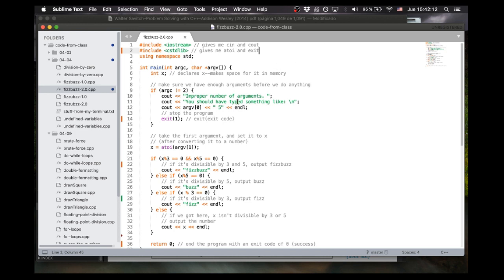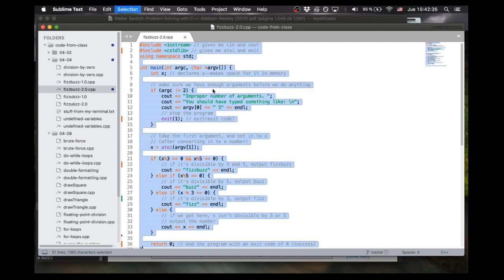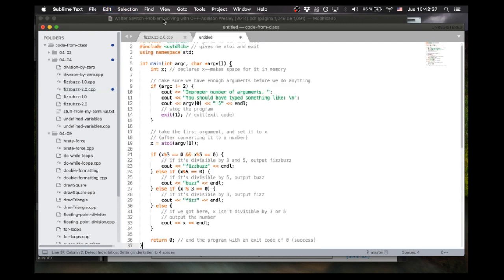So here is an example from last lecture, our FizzBuzz example, and when something went wrong with the arguments, we said to the user, you gave the wrong number of arguments, you should have done it like this, and then we stopped the program. Really, this is a special kind of output. This is an error, right? We're trying to output an error here. And so if I copy this file into today's lecture,